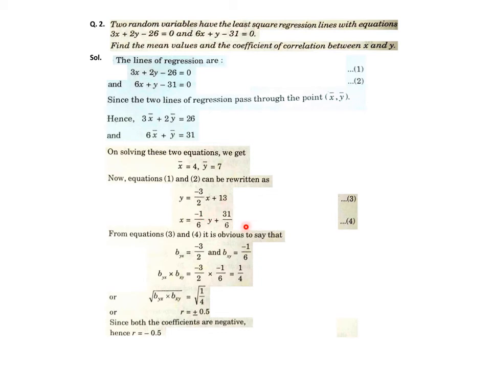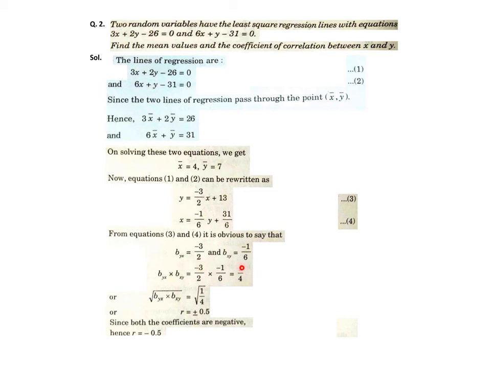Then as I was saying, r sigma y by sigma x and r sigma x upon sigma y in the previous problem are nothing but correlation coefficients. So byx and bxy are their names. As you can see, byx is the correlation coefficient of the y on x line and bxy is the correlation coefficient of the x on y line, x written before y. Fine. So what we assume as y on x is that line, equation 3. So the coefficient of x, minus 3 by 2, is to be denominated as byx, and the coefficient of y in that x on y line, the coefficient of y on the right hand side, minus 1 by 6, is to be taken as bxy as per our assumption. So we calculated byx and bxy.